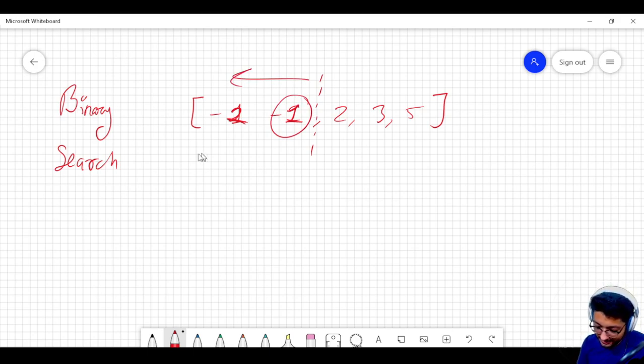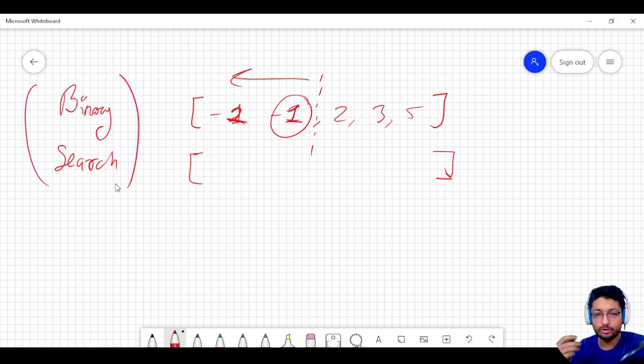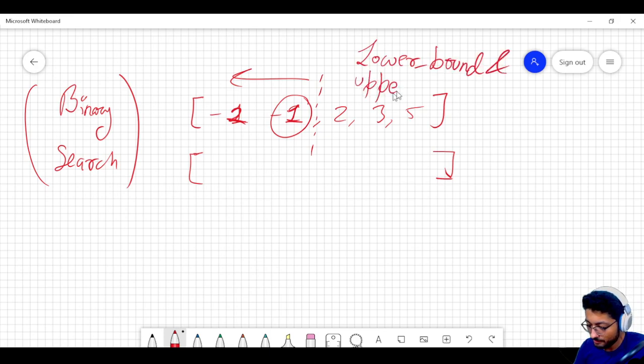Now because the array is reversed, as you can see, generally we have the problem in which we are given that it is increasing, because if you're using binary search, then you have to write down the whole code for binary search. That's also possible, but you can also use the STL functions in which binary search is implemented, which is lower bound and upper bound functions. Lower bound and upper bound. I've actually already made a video on explaining how upper bound and lower bound work, so you can check that video out also.